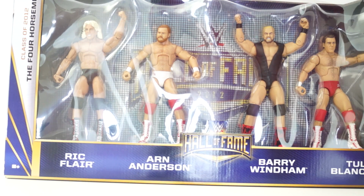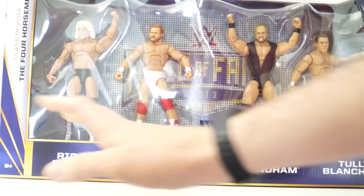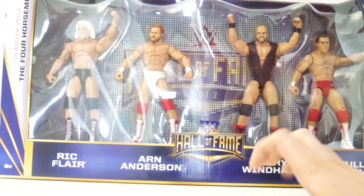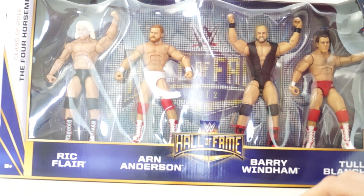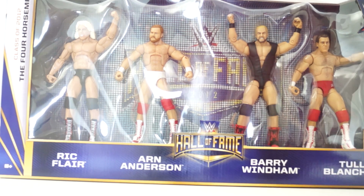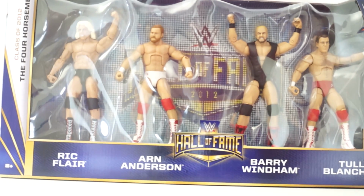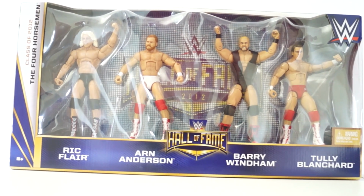Let's say make it a solid $80 and make it a 7-figure set, including all these: Sting, Sid Vicious, and J.J. Dillon. What do you guys say to that? And include a robe for Ric Flair. Would you pay that much? Or would this be a shelf warmer? That's what I'm wondering. And of course, welcome to today's review, which is the WWE Hall of Fame Target exclusive